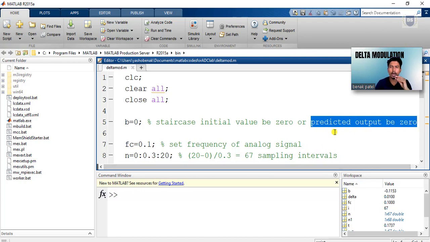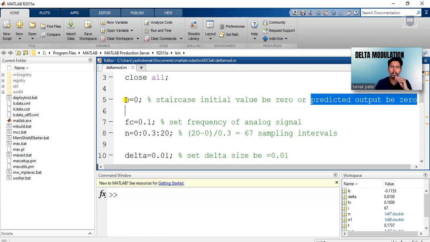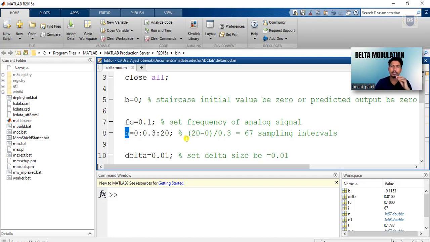We'll assume that we start with 0 value. After that, we set the frequency for the analog signal, and let that variable be fc, and here we are setting it to 0.1 Hertz.